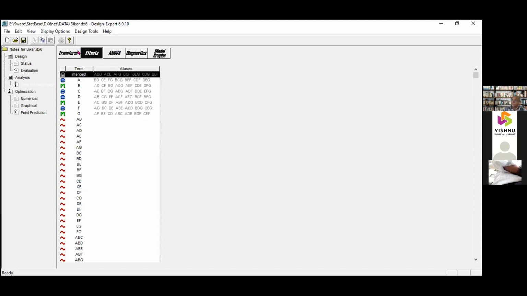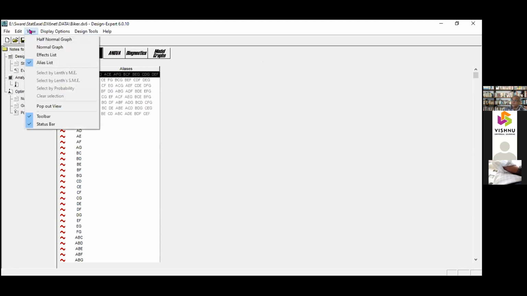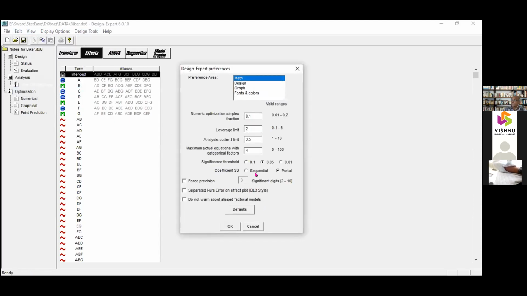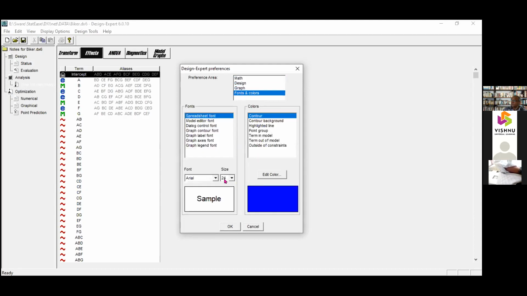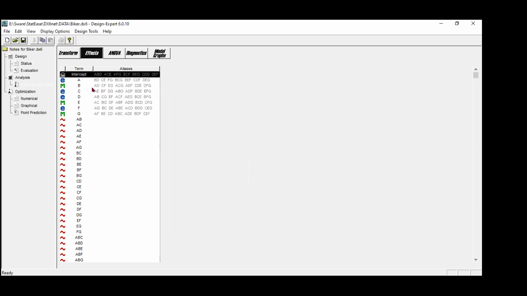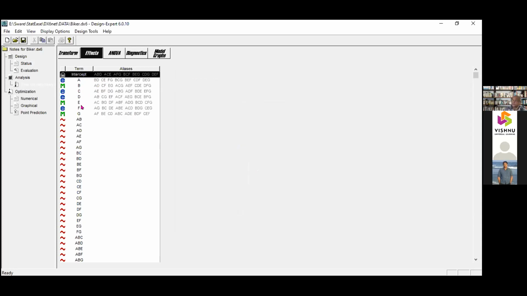So when interpreting, I don't know if it's visible, I'll try to enlarge the text. What is the preference? Just 24 only. Okay, it's very small. So we can see that A is aliased with B, D, C, E, F, G. So now we have got B significant. It can be either B significant, or here we have got E and G also significant. So EG interaction also could have been the factor.